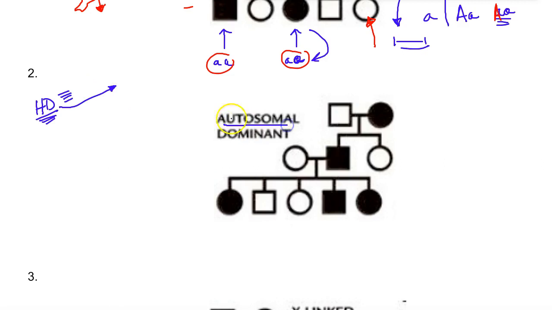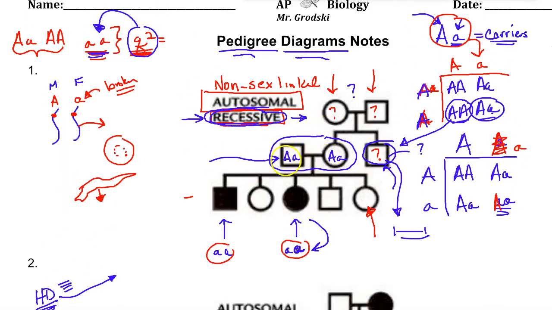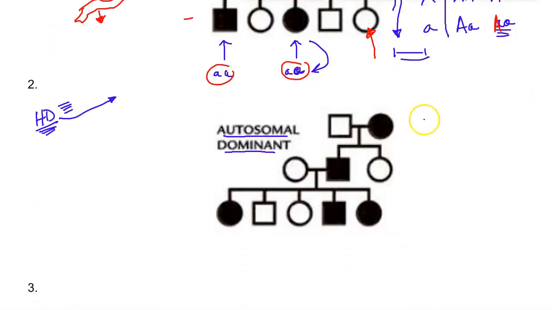Autosomal meaning it's a gene on a chromosome, and that chromosome is not an X or a Y. And what's different about this one is, unlike the recessive disorder, where you're making carriers and not expressing an allele, so the next generation could skip, here you notice every generation is expressing this allele. And what's different about it is that you only have to have one dominant allele. What this means is that the pair of chromosomes,